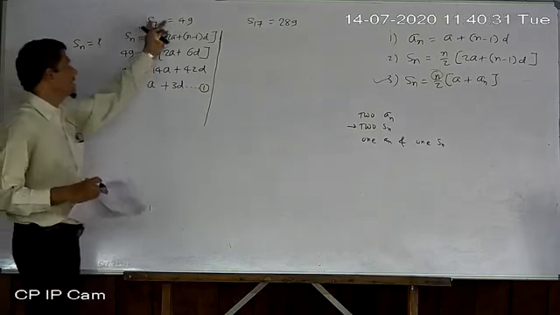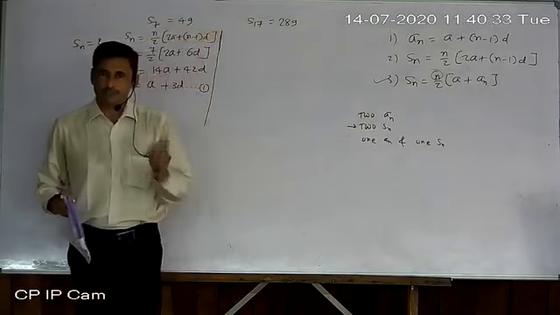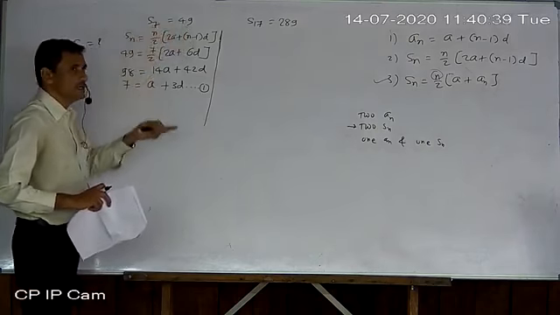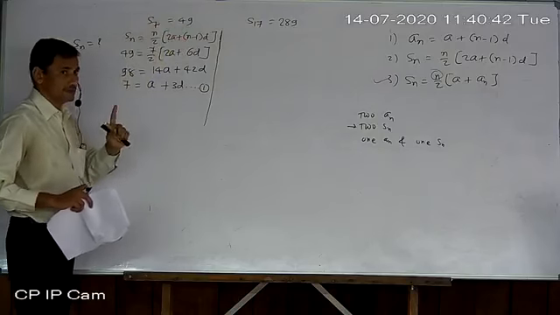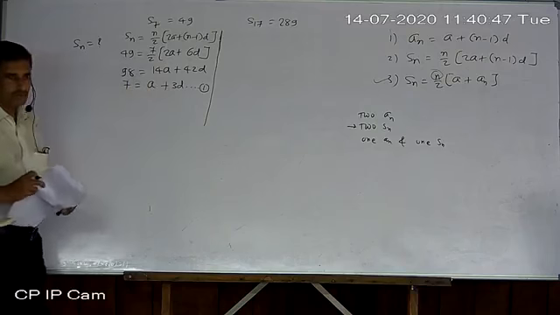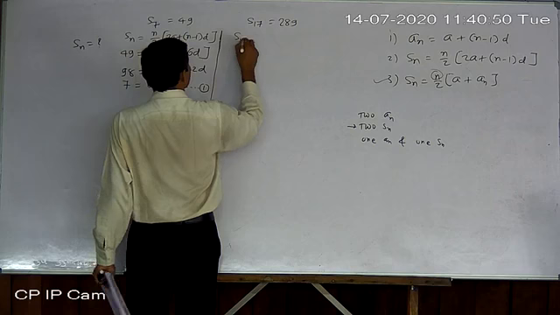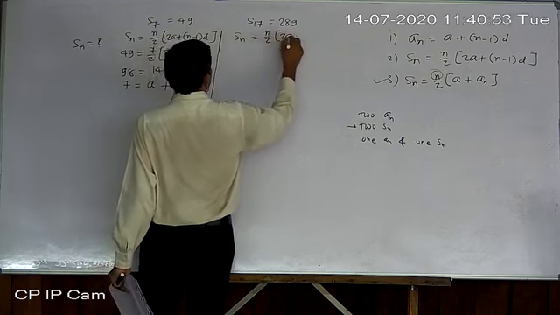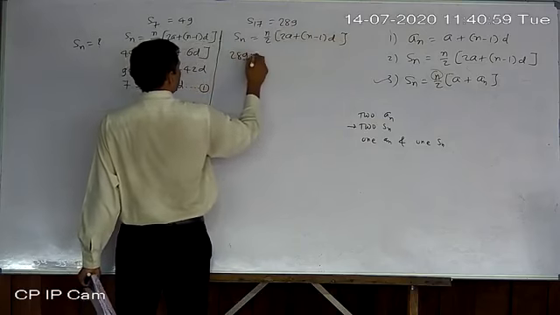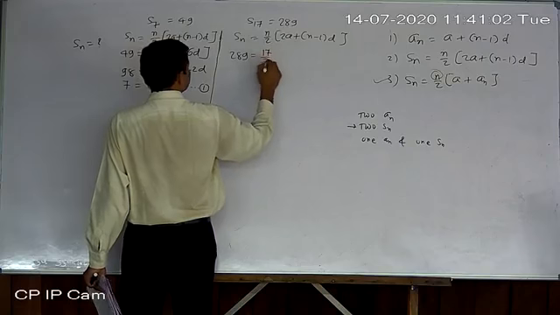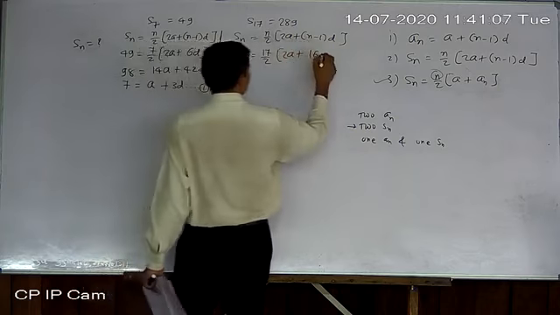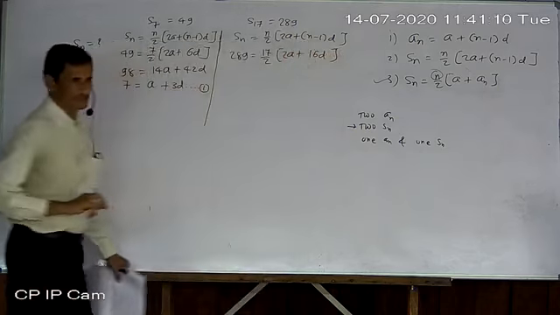Okay. If an is given here, we can write the direct equation, a plus (n minus 1)d. Suppose a7 is given as 14, then we can write a plus 6d equal to 49. But here Sn is given. So use the formula, place the values, and then you can find the equation. In the same way, find here also: Sn equals n by 2 times (2a plus (n minus 1)d). Now that is given as 289, n is given 17, a not given. This is 17 minus 1, 16.